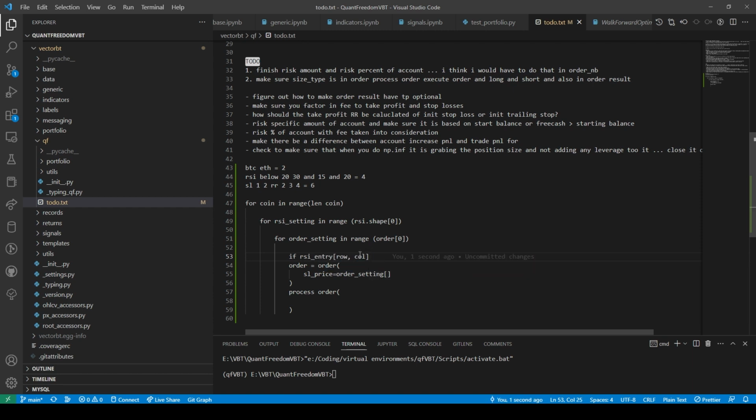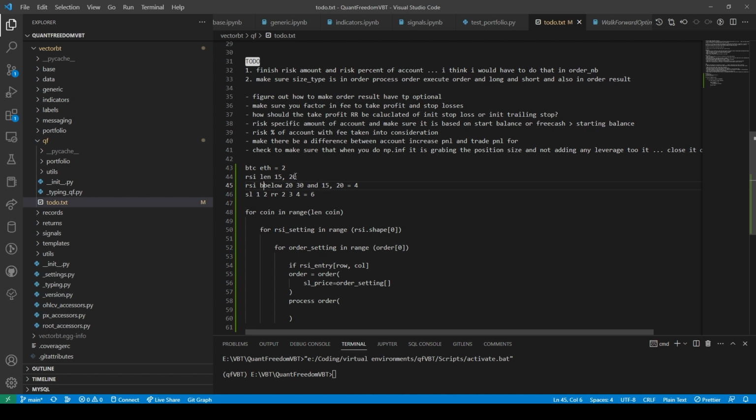So the column would be RSI 14 below 20. So the entry would be doing RSI with the window length of 15 and then below 20, right? So RSI length 15, 20, RSI below 20, 30. This equals 4.